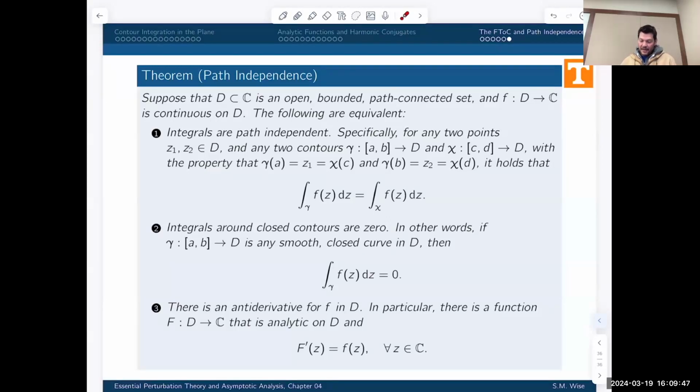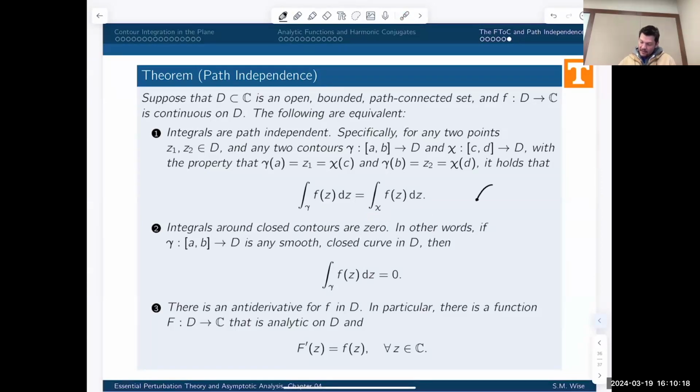The first statement is that integrals are path independent. And what we mean by that is that if we have any 2 points, Z1 and Z2 in the set D, and any 2 contours, gamma and chi, that connect point Z1 to point Z2, then it holds that the integral over the first contour is equal to the integral over the second contour. And the idea is